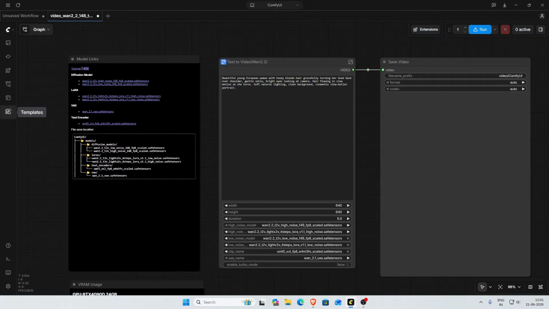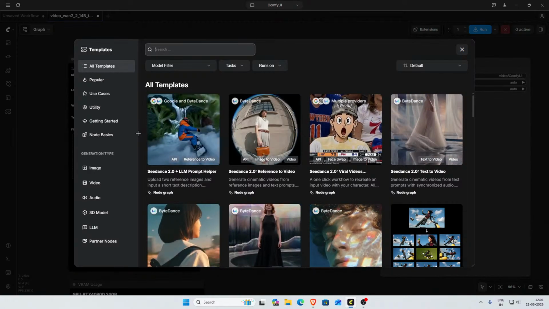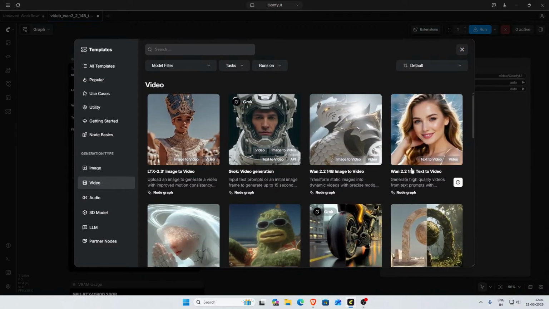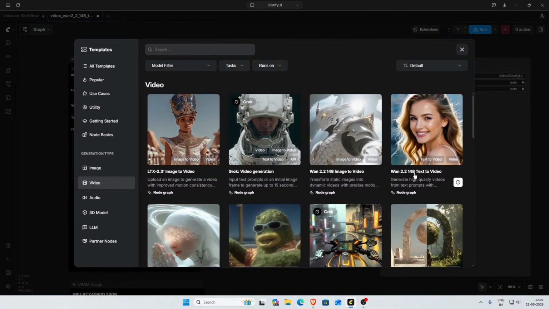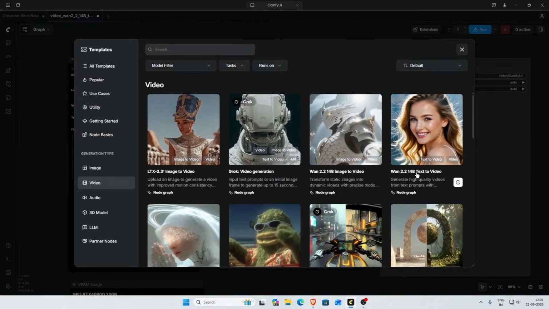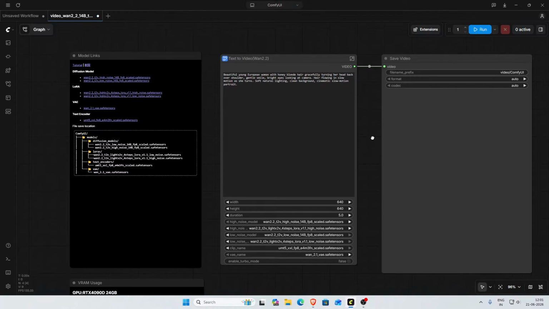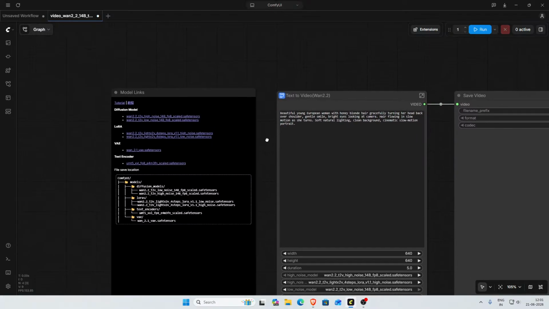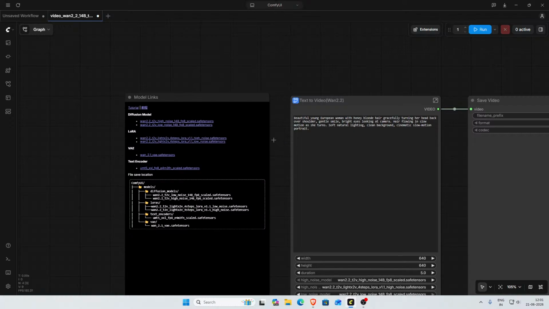You just have to go into templates, and in templates you have to go into video, and in video you have to click on WAN 2.2 14 billion text to video. Once you click on it, the workflow will be opened, and once you open the workflow you have to download these six models mentioned over here. These are needed for WAN 2.2 to be used. So these models are really necessary if you want to use WAN 2.2,